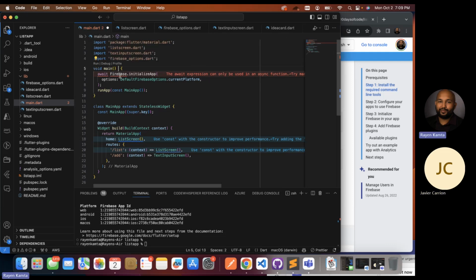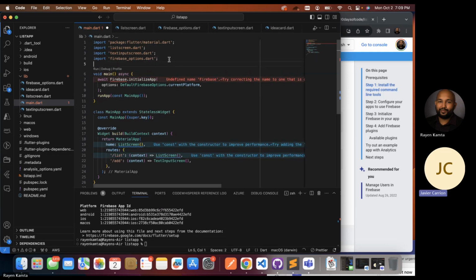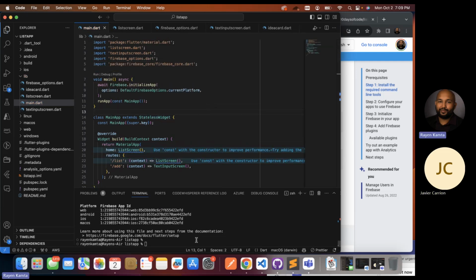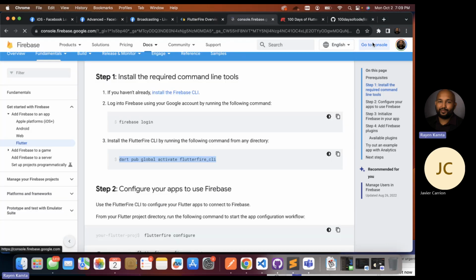This is just async. And there we go. And then to test out if this got set up correctly, we can go to your Firebase console,